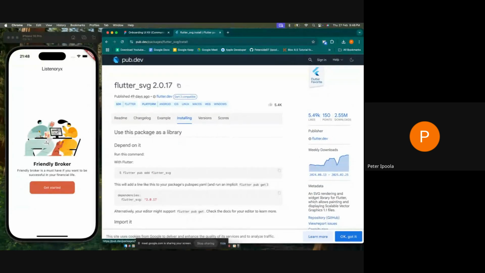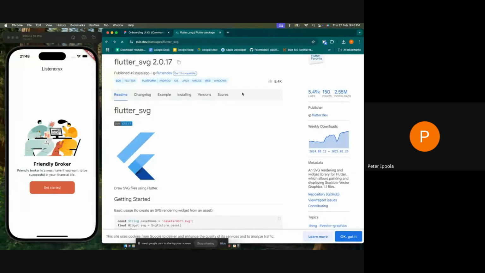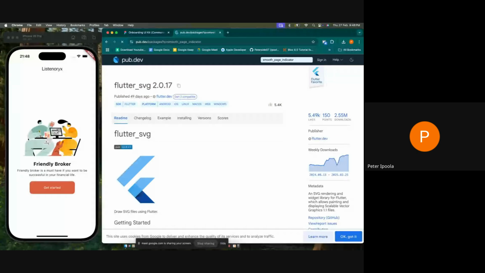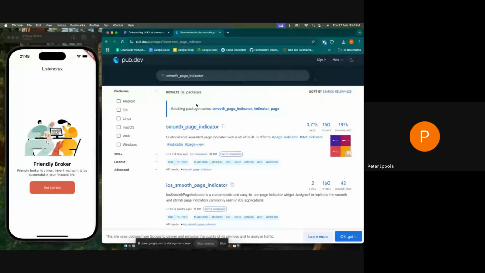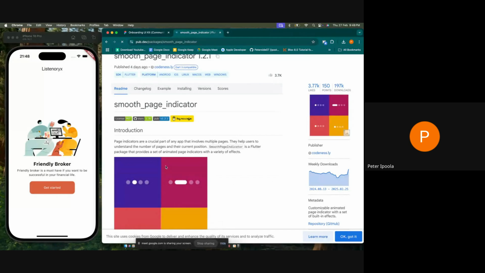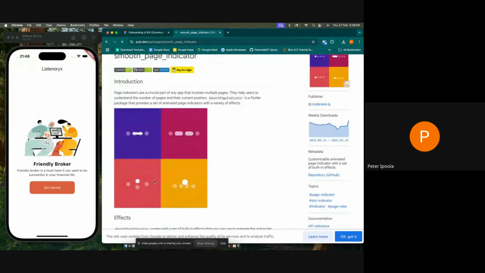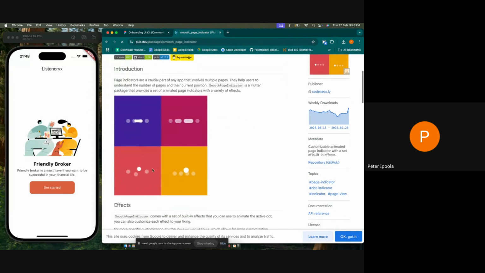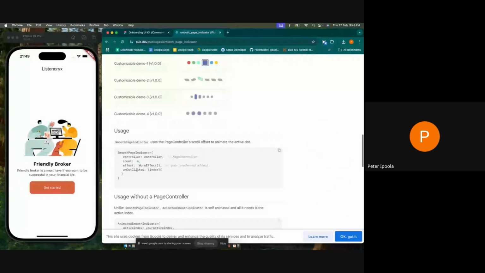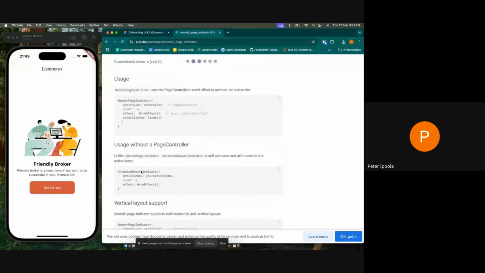For this class, I'll take the package I'm looking for. The package is page indicator. You can see the different types that we have and also the examples. They have a lot of things, right? So this is how to use it. All I have to do is